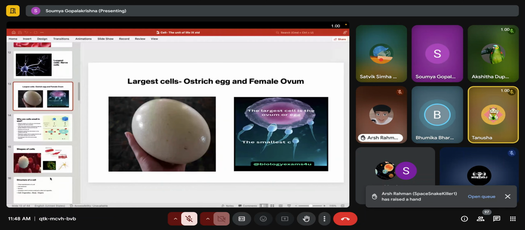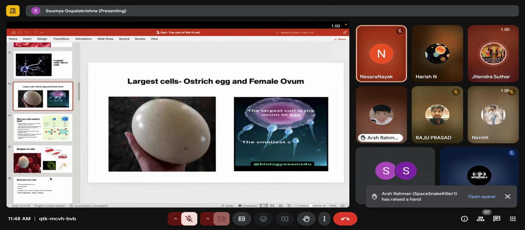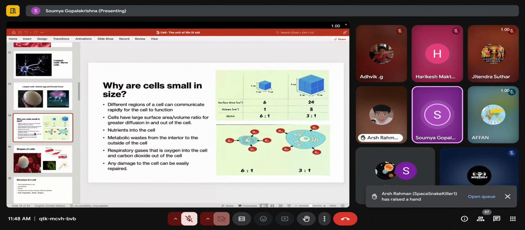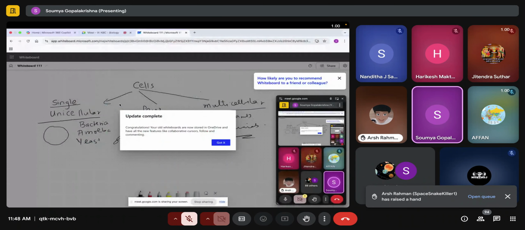Yes, ma'am. Okay. For teaching the next part, it will take more time, and the time is up, so I will stop here. I will continue this in my next class. We will start from why the cells are small. Why can't they be big and why do they need to be small? There's a particular explanation for this, which I will take up in the next class.